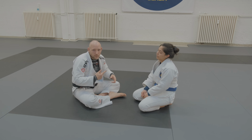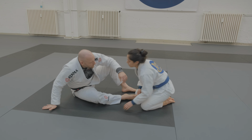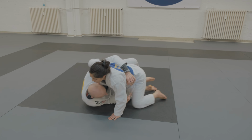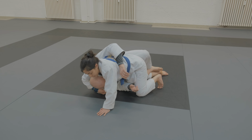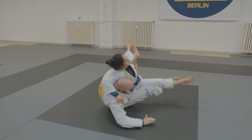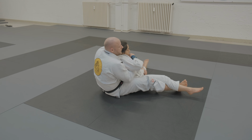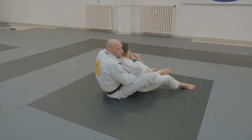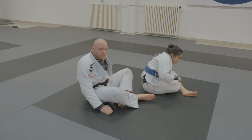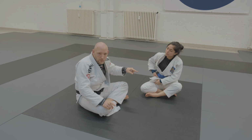Okay, guys, you have to be able to get this position in the correct spot. So, one more time, when I'm here, then she back steps, I hook the other side, extend the leg, sit forward, and I'm already here on her back, putting one hook, putting the second hook, and I can work from this position. One thing that is very important, people, this hook that I'm using to block her hip,